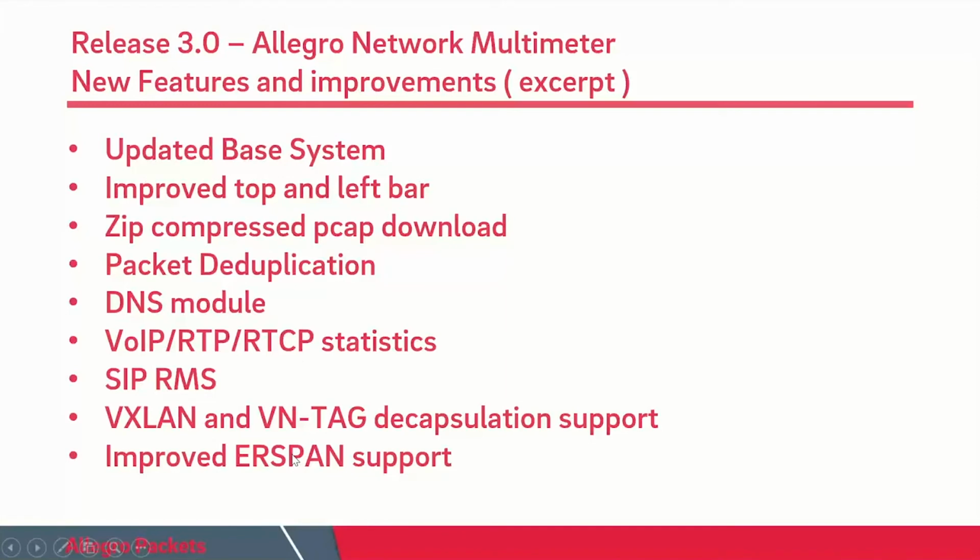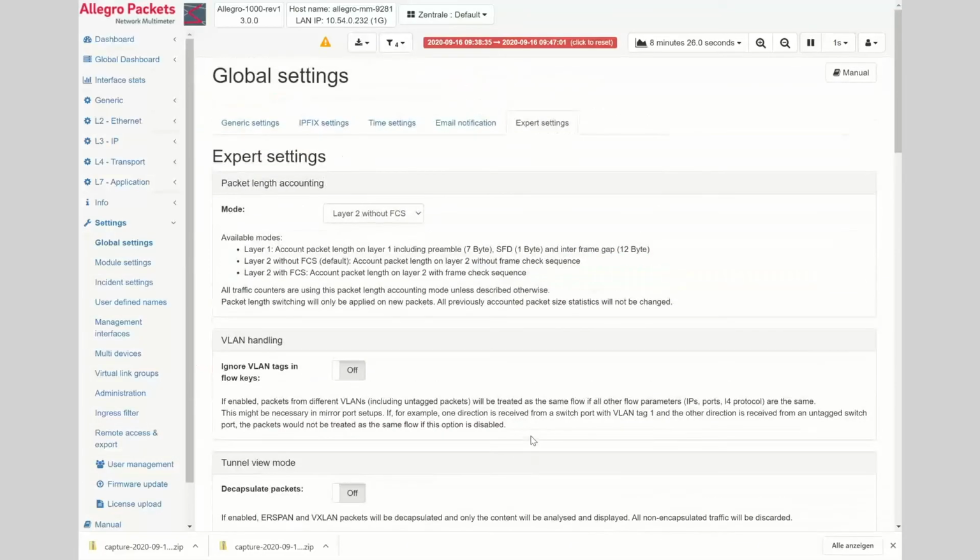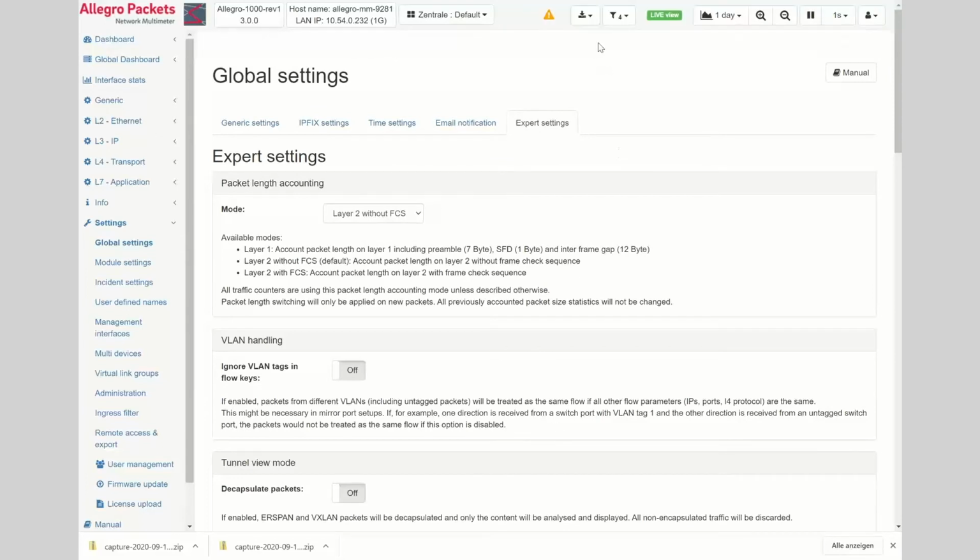Okay, we are roughly half through my list. Next item is the improved ER-span support. We added the ER-span support with release 2.6, and we got quite a lot of customer feedback that it's working, but it's hard to debug if something is